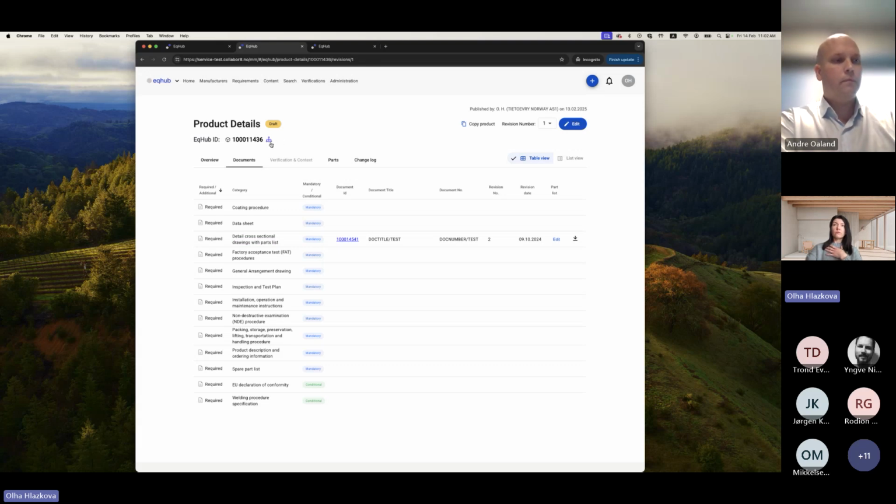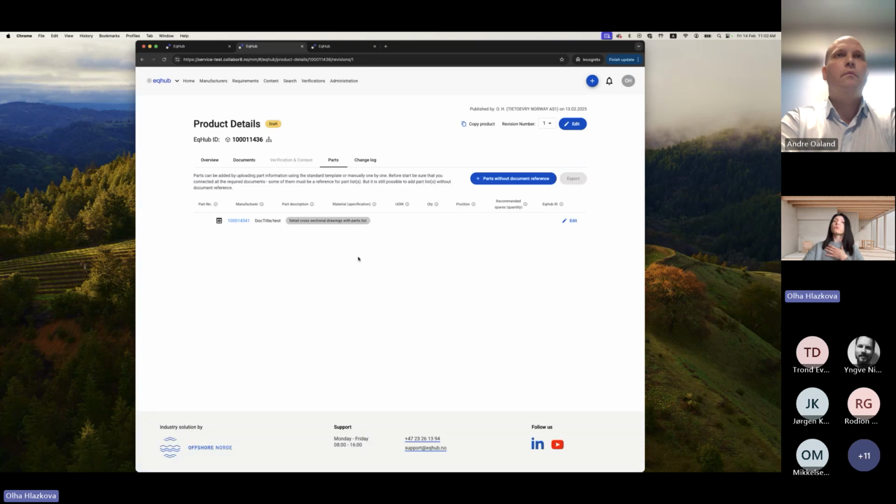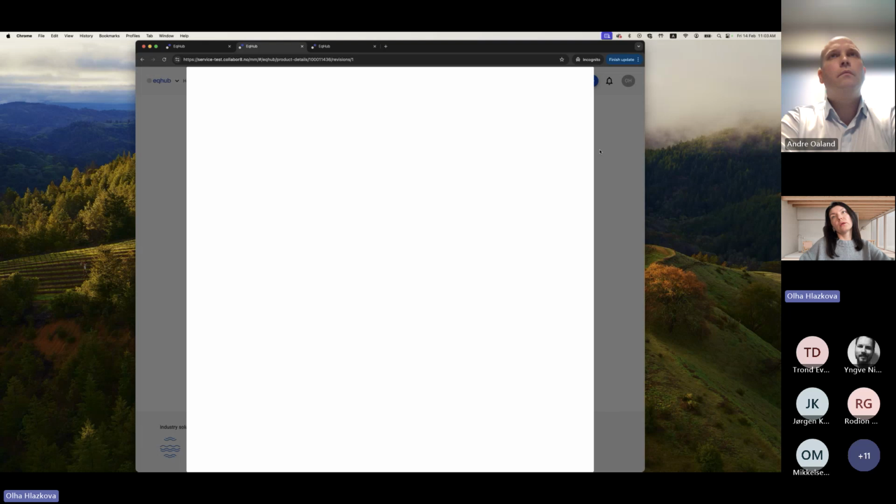So we can start from several places of the page to create our part list. We have a left panel, which says that we don't have any parts yet. And by pressing the button, we go to a new tab of the product details page, which is called parts. Here we can provide our part information. And here we can see the document that has been attached to that product with category detail cross-sectional drawings with part lists. And as long as this is PDF, we can view this document by pressing